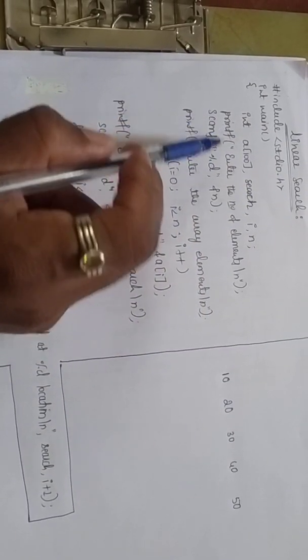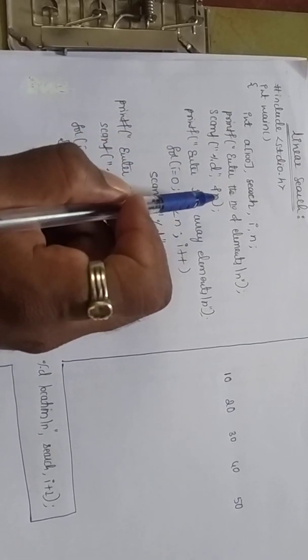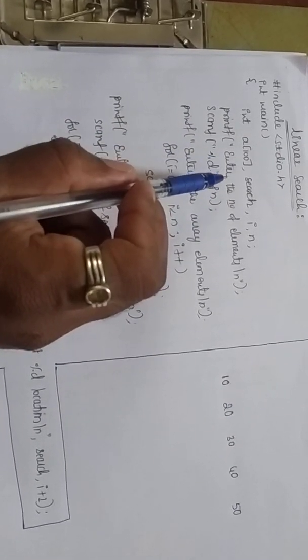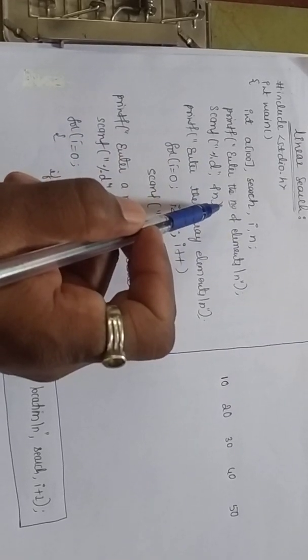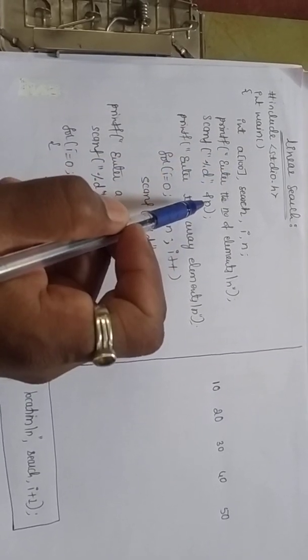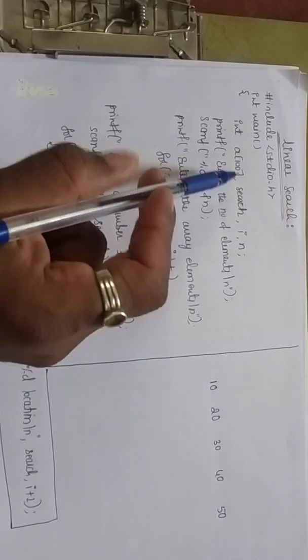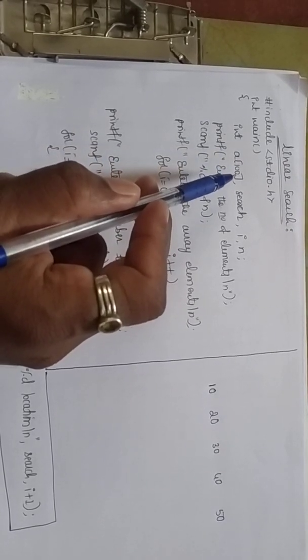Now printf, enter the number of elements, scanf %d &n. It means here in the printf statement you can write enter the size of the array also. Got it? So this is nothing but out of 100 I am going to choose one number. Out of 100 elements, see what do you mean by a of 100? Array contains a maximum of 100 locations.